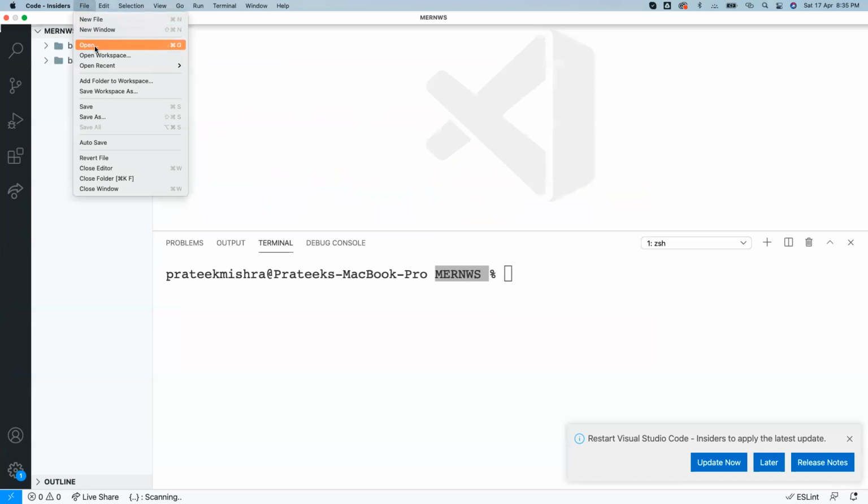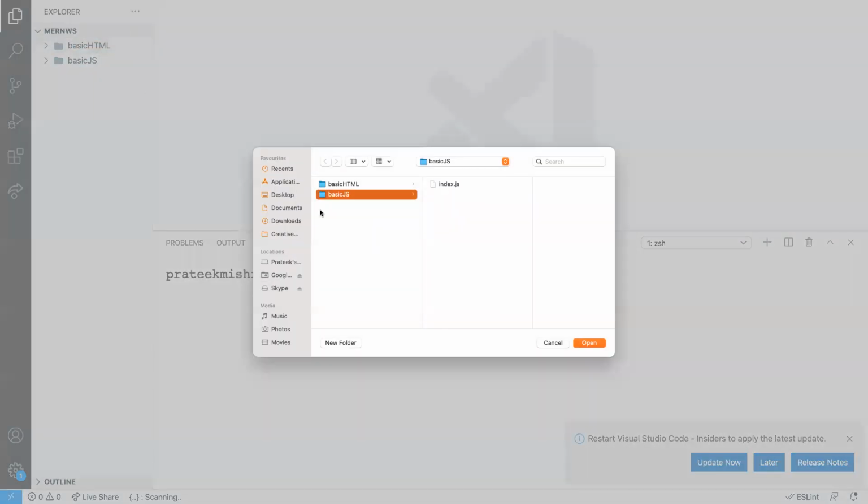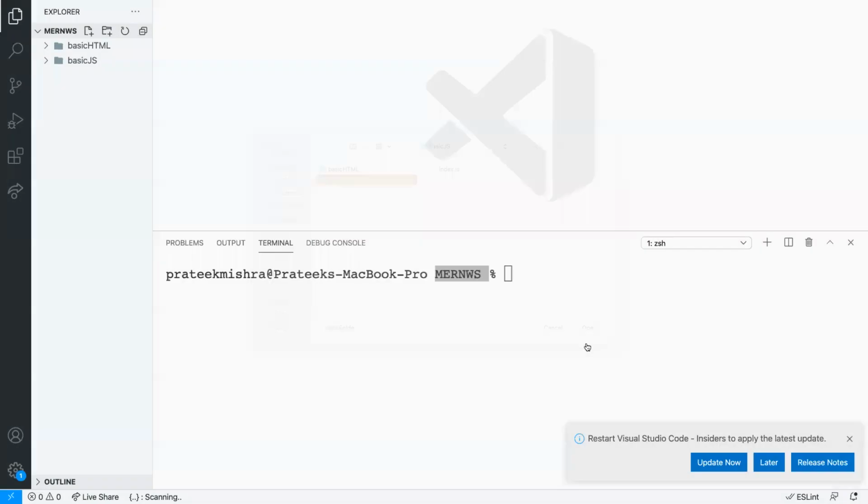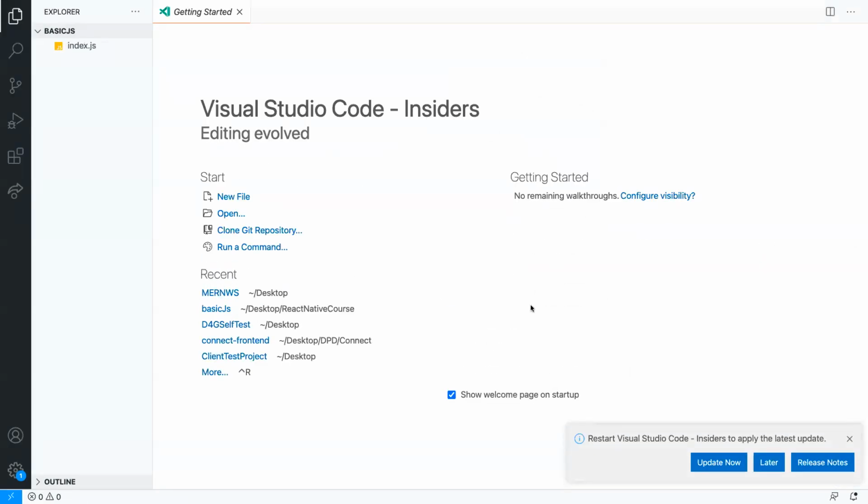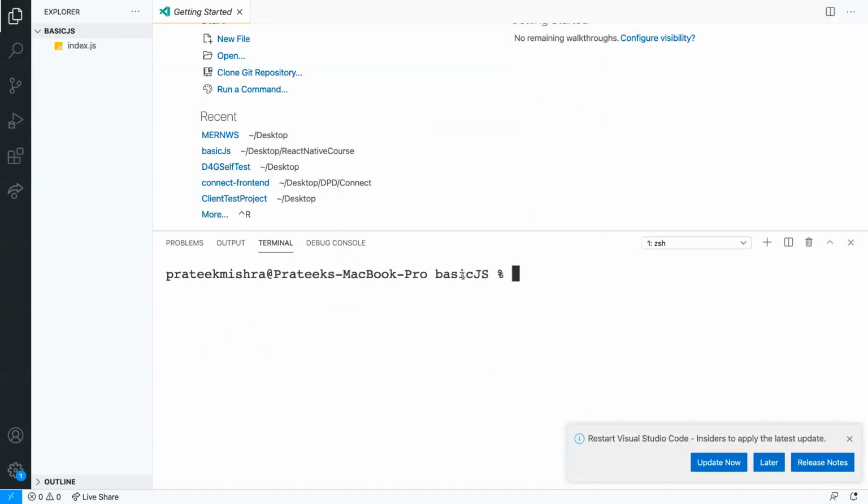मैं फाइल पे जाता हूँ, ओपन पे क्लिक करता हूँ और क्लिक करने के बाद मैं बेसिक जेएस को ओपन कर लेता हूँ, सपोज, है ना? अब मैं इसको ओपन करता हूँ और यदि हम लोग अब टर्मिनल को ओपन करते हैं तो मेरी करंट लोकेशन क्या होगी, बेसिक जेएस। रीजन इज क्योंकि मेरा रूट डायरेक्टरी क्या है, बेसिक जेएस फोल्डर है, ठीक है, दैट्स व्हाई। हाँ गेट अ पॉइंट? आई होप इट्स क्लियर राइट नाउ फॉर एवरीवन,